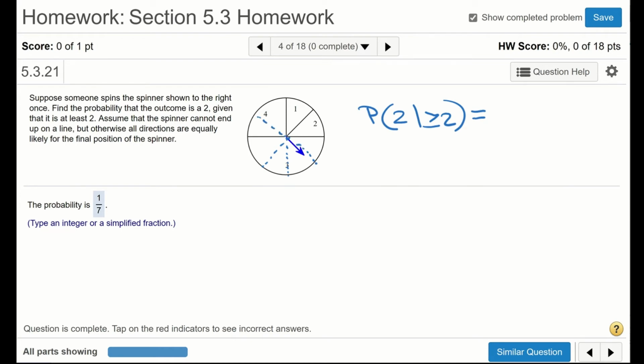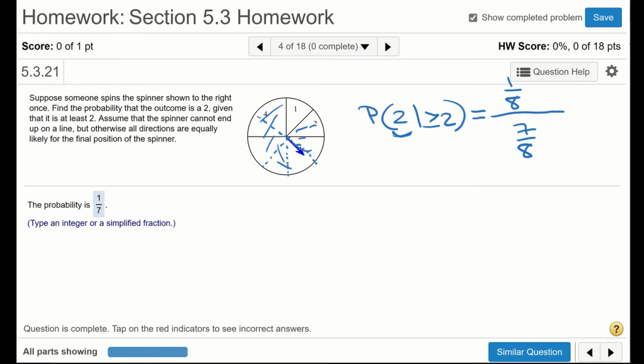So notice that basically assuming that the spinner has stopped in this region, right, which is how much? Notice that's going to be the total area under consideration, right? So that's going to be 7/8. And what's the area of the number we're interested in? We want to know when it's going to be at 2, right? Notice that's going to be 1/8